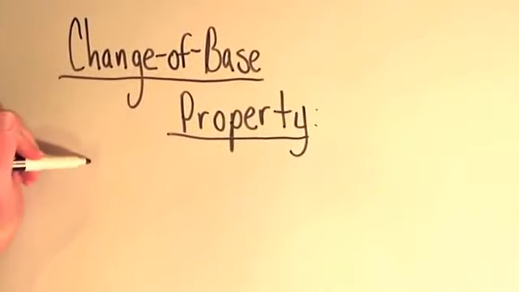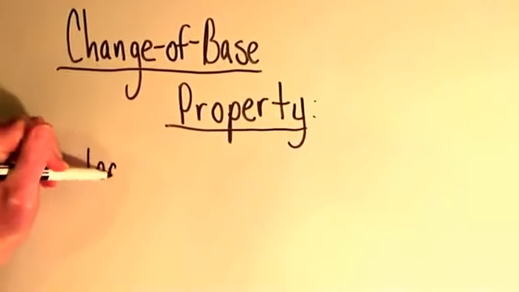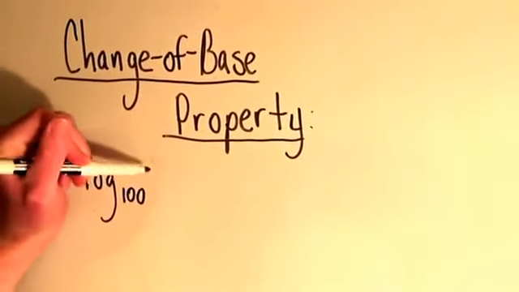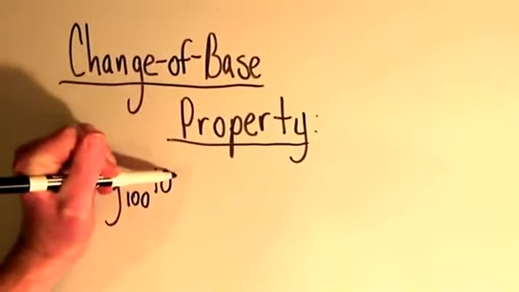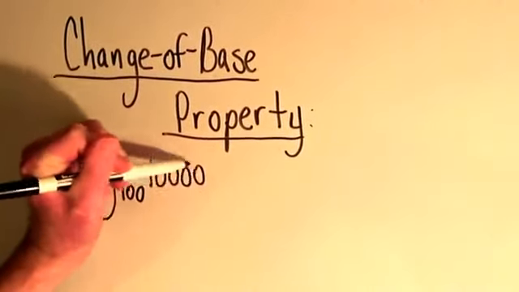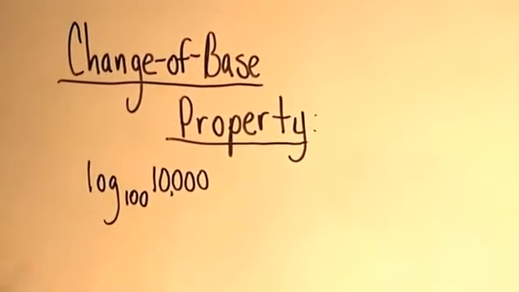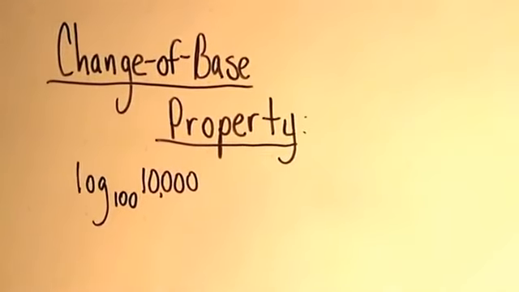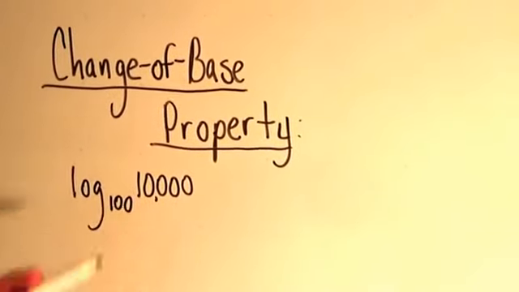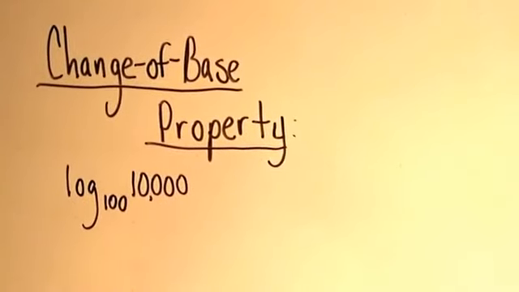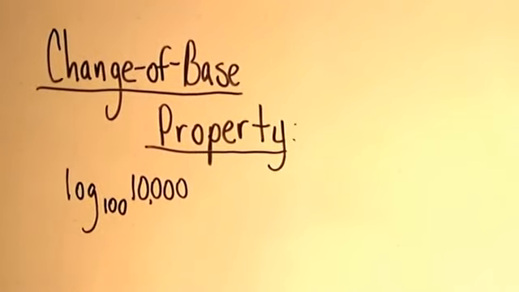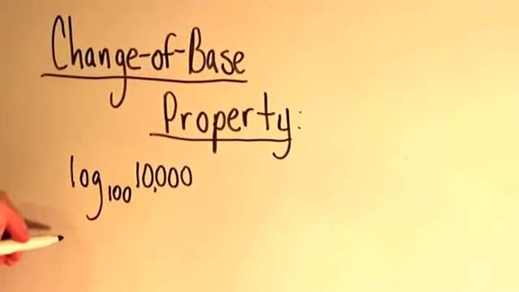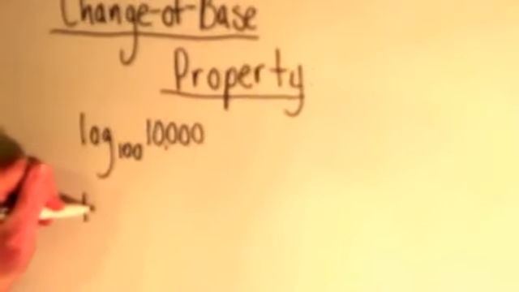So for the change of base property, I picked log base 100 of 10,000 because they're really nice numbers and it's easy to see what's going on. Now, if you know your multiplication, you can see this is just 2, because 100 times 100, or 100 squared, is 10,000. But you can also prove it by saying